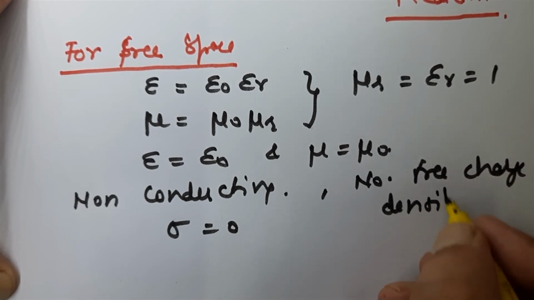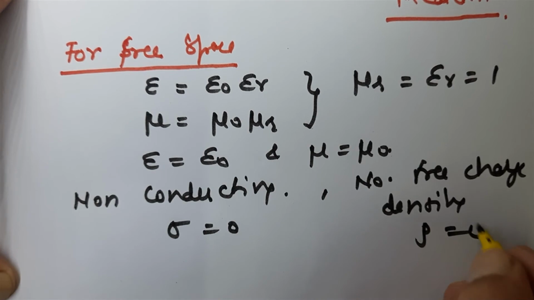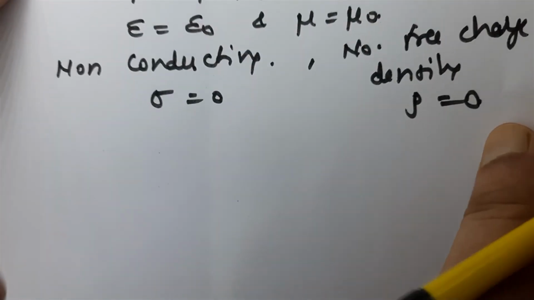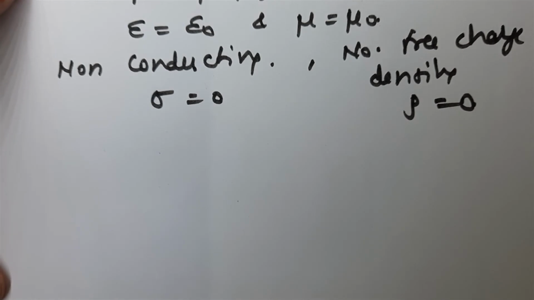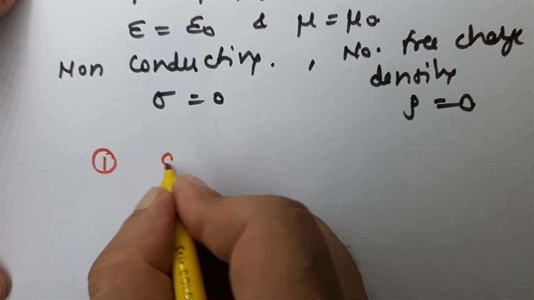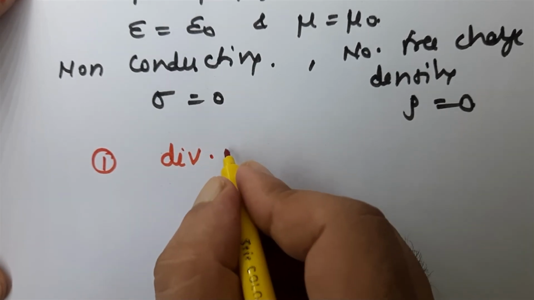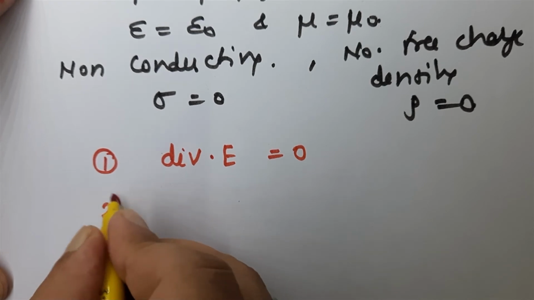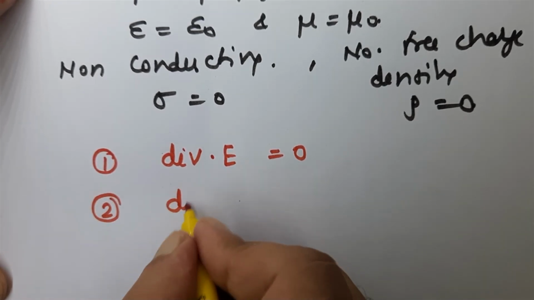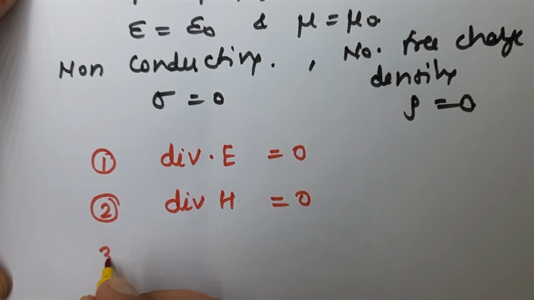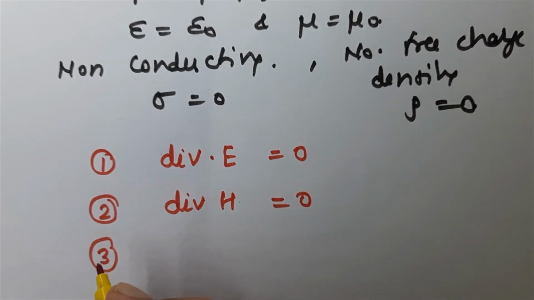No free charge density implies rho equals 0. So you make the above mentioned changes in the Maxwell equations and you will get the first equation as divergence E is equal to 0. The second equation as divergence H equals 0. The third equation as